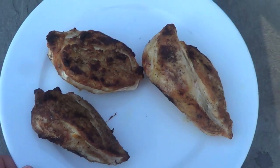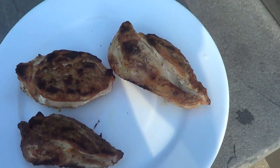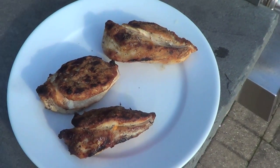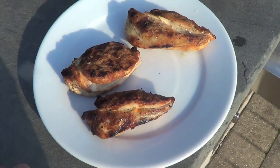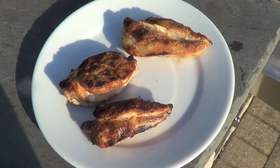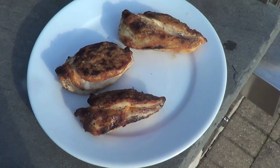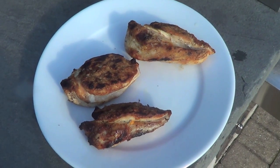So I just came out here after about 7 minutes on the other side, and I pulled my chicken off the grill very quickly because I think I ended up overcooking it just a bit. With my digital thermometer here, I got an internal temp of about 170, which is higher than you want. You know, the USDA says 160, 165 for chicken is where you need to get it. Personally, I'd rather pull it off around 150, let the temp rise a little bit afterwards, but I think it's a lot juicier if you can pull it off around that area. This is going to be just a little over, but certainly passable when we smother it in that great garlicky